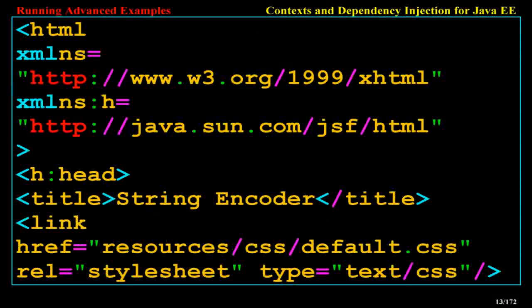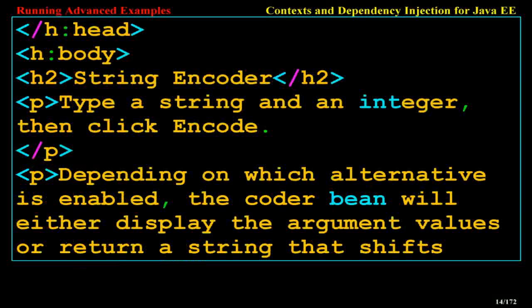html xmlns="http://www.w3.org/1999/xhtml" xmlns:h="http://java.sun.com/jsf/html" h:head, title String Encoder, title, link ref="resources/css/default.css" rel="stylesheet" type="text/css", h:head, h:body, h2 String Encoder, h2, p